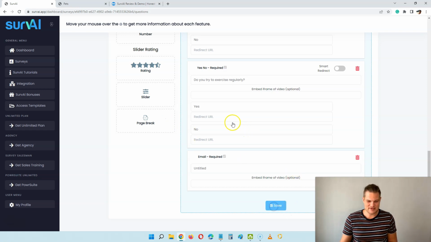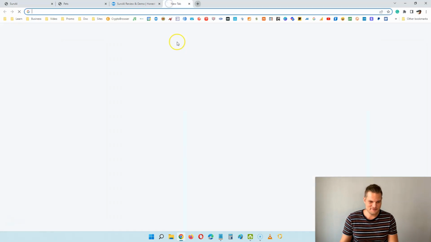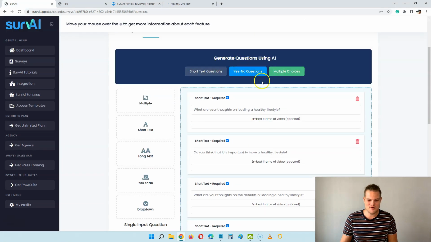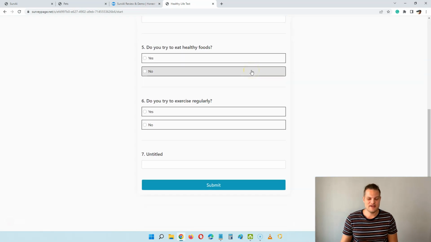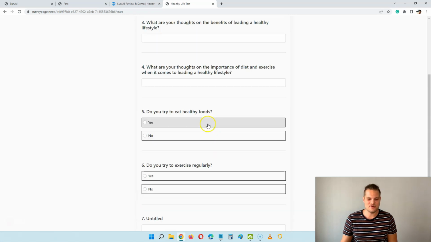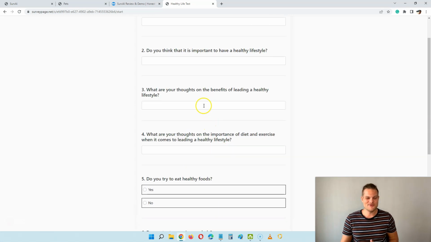And of course we can just save it here at the bottom, and let's just see what it actually looks like now. And of course we could remove any of these questions if we don't want them, and we could add more questions, as many as we want, because you can generate unlimited AI questions with this software. And you can see here, this is what our survey looked like now. And like I said before, you could have these yes and no or the multiple choice question to direct people to specific pages. So it has some super cool features, including the sharing features inside,